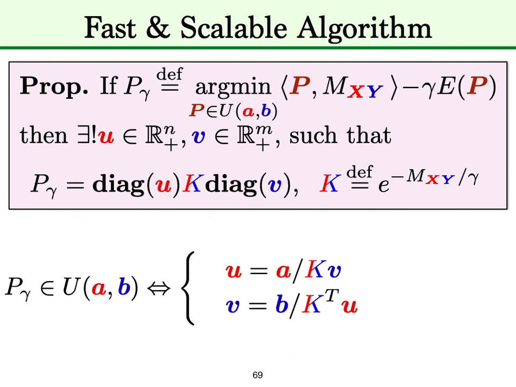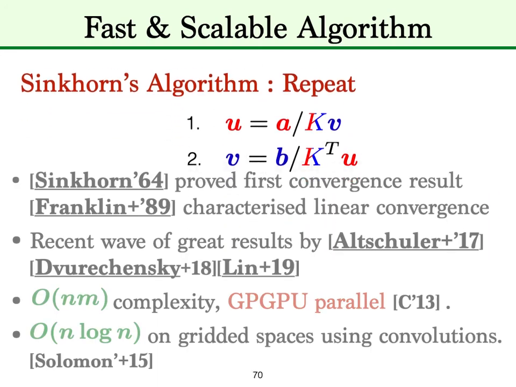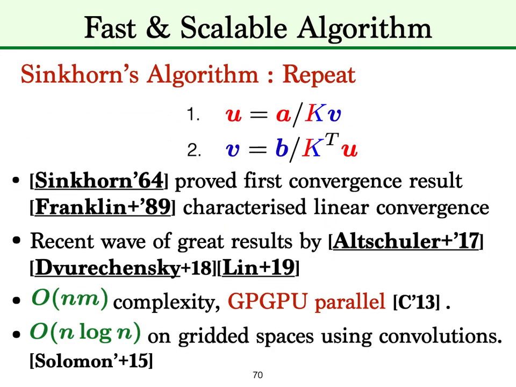Now, the very naive approach to solve this would be to apply the first update, start with a v, apply the first update, and then get u, and then get a new v by applying the second update. Basically, you just want those two things to validate those equations, so you just do a fixed point iteration. And that works. Sinkhorn proved that it worked in the 60s, and this was better understood in the 80s, and